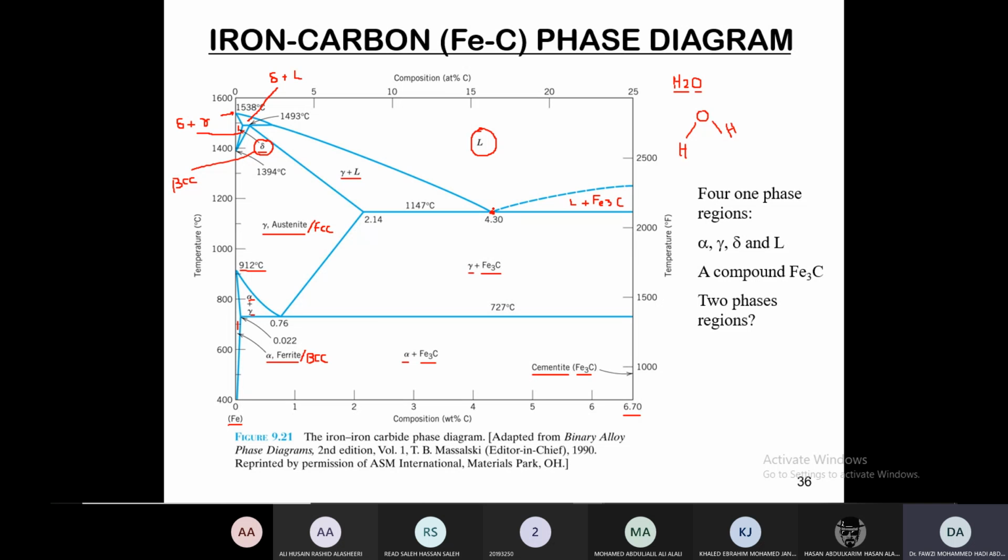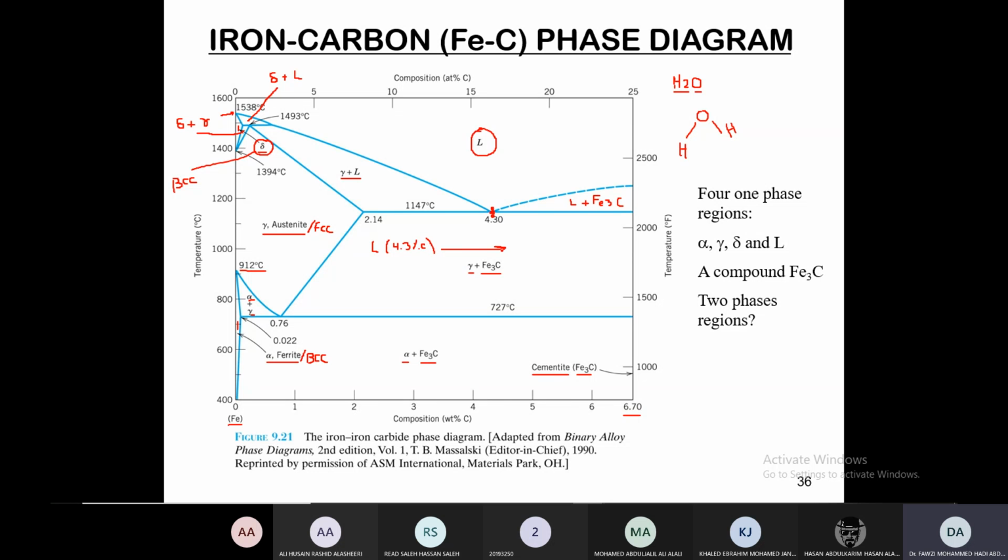Now, how can we write the transformation equation for the eutectic point? We basically say we go from just above the eutectic point to just below the eutectic point. So how do we write that equation? We have a liquid. We don't need to memorize that, I can be asking you that. So you're going from liquid at a composition of how much? It is mentioned here, 4.3% carbon,